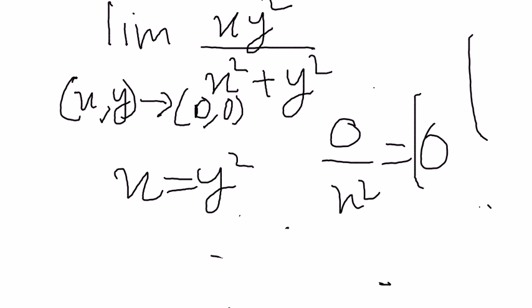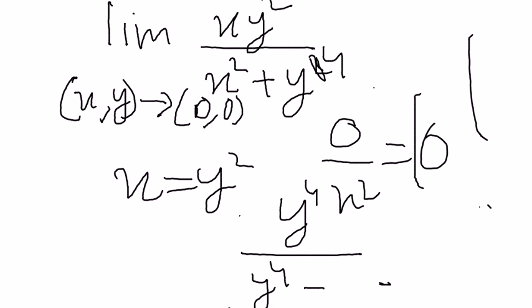If we take x equals y squared, then that becomes y to the fourth. Sorry, this was y to the fourth. Yeah, then it makes sense. So that becomes y to the fourth divided by y to the fourth plus y to the fourth, and that equals half. So you see, although we got 0 from both the directions, when we approached it along the parabola, we get half, which is kind of weird,